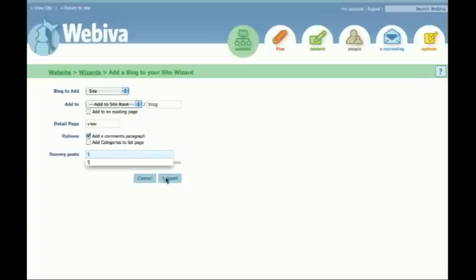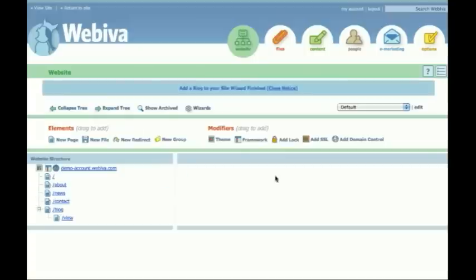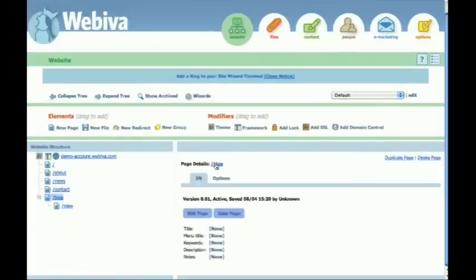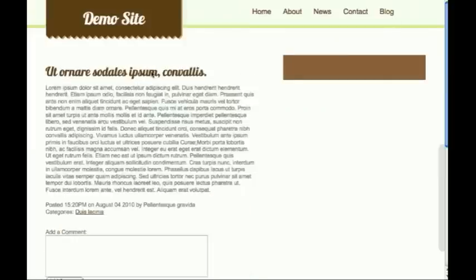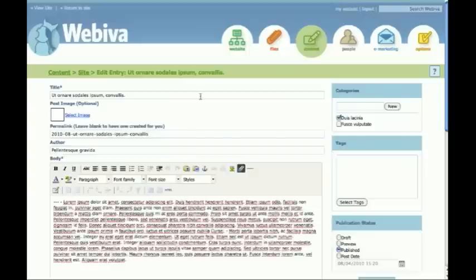Let's give it 5 dummy posts. And now we've got another page that's added right into our site. And you'll see it's already themed nicely with the theme, and it's added into our menu bar here at the top. Now we can obviously go in and edit the blog content itself,